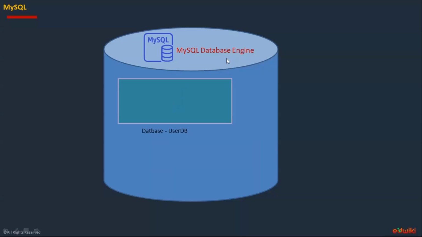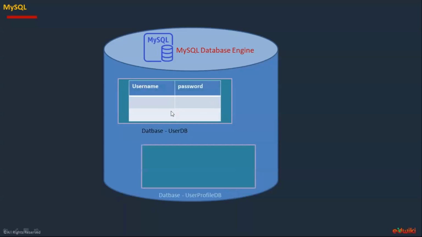In that MySQL software, we need to create a database, and you give the database whatever name you like. Now inside this database, we need to start creating the tables. You create a table and you give the row and column structure how you want it, which is called a schema